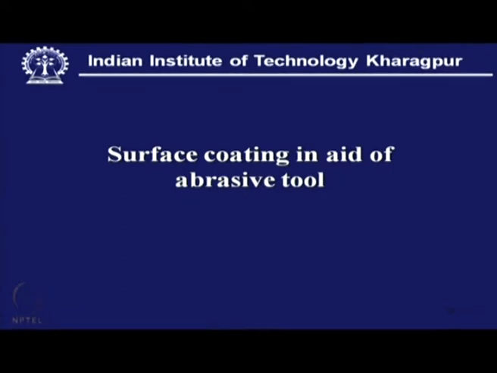However, apart from that, this coating can also protect the bond material against any thermal damage. That means this coating can act like a heat shield, and it is just like an encapsulation around the grit material, and it acts like a heat shield or a heat sink protecting the bond material. It can be